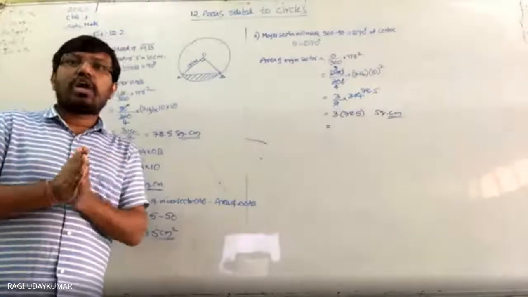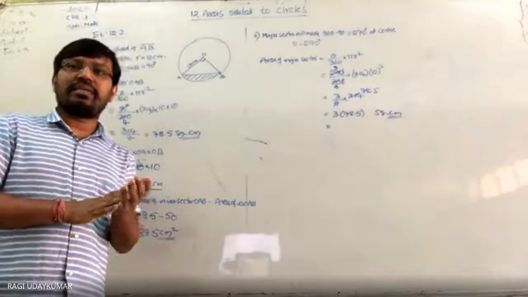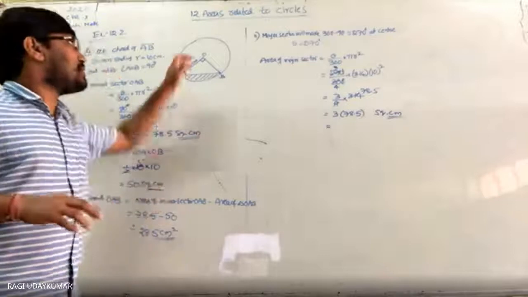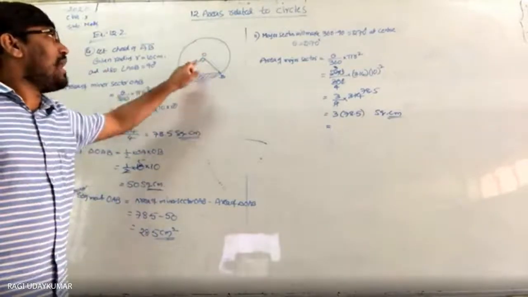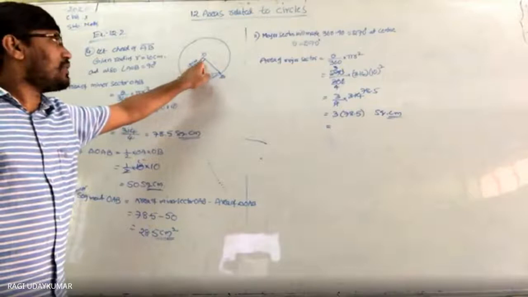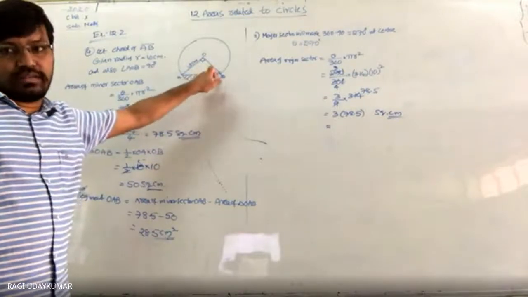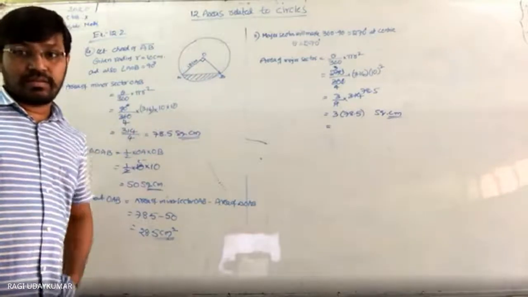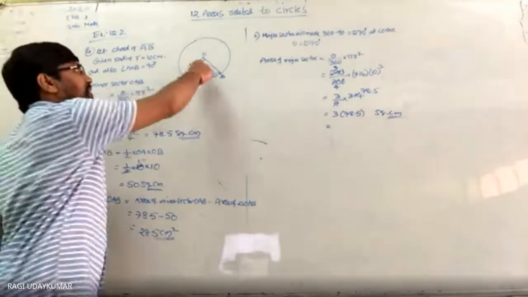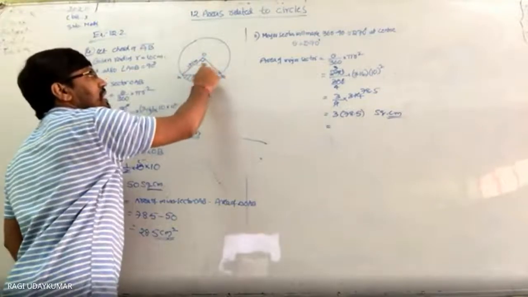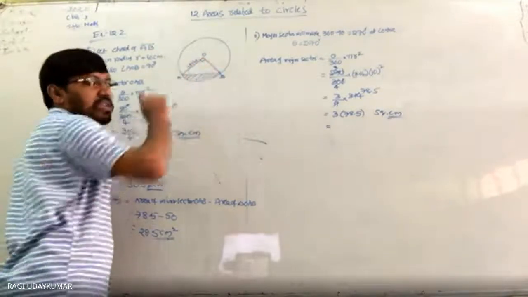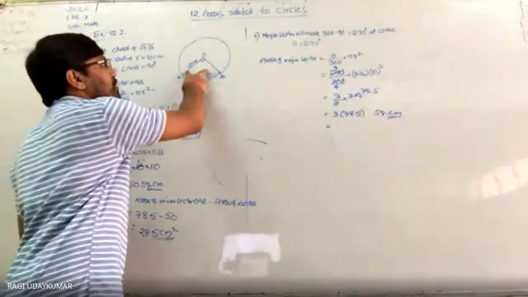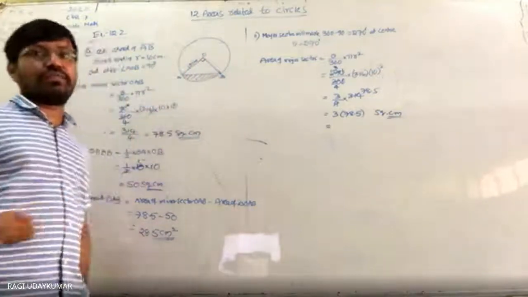Sixth question देखो. A chord of the circle of radius 15 centimeter subtends an angle of 60 degrees at the center. When it is making 60 degrees here, the same chord is given to you and it makes 60 degrees. If you take this 60 degrees, then this will be 60, this will also be 60. This is 60, this is 60, 60. Why? Because these two are equal angles. X plus 60 is equal to 180 degrees. So x plus, because these two angles will be equal.